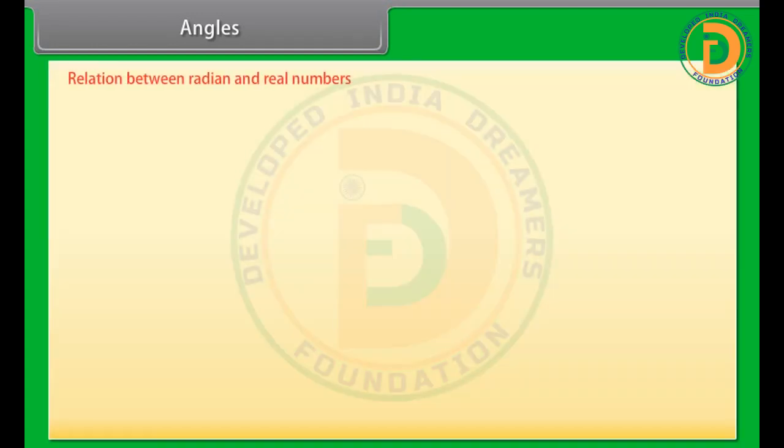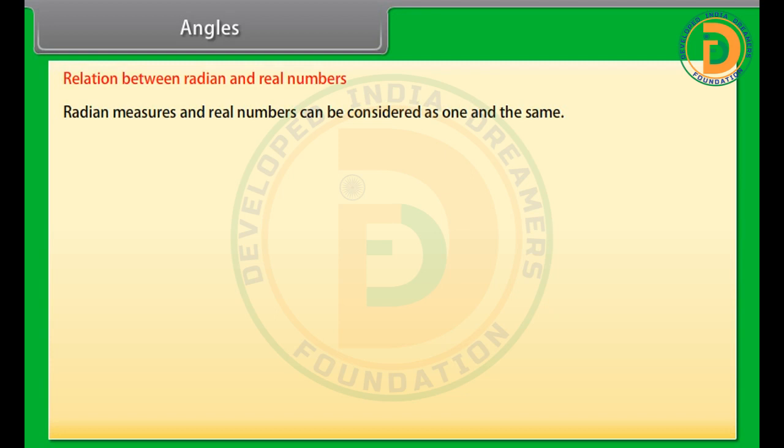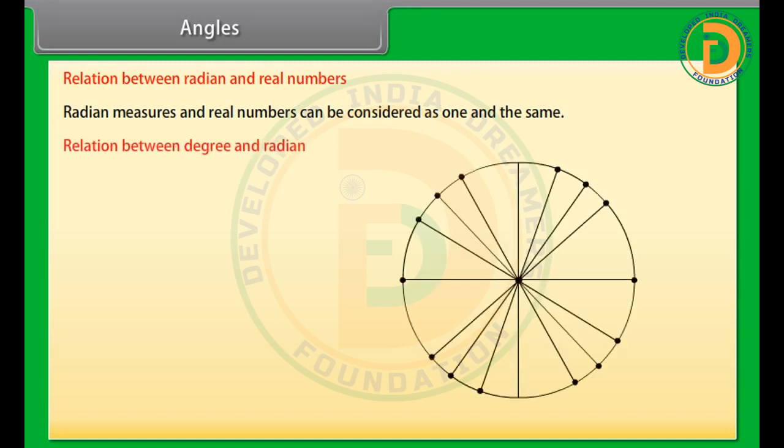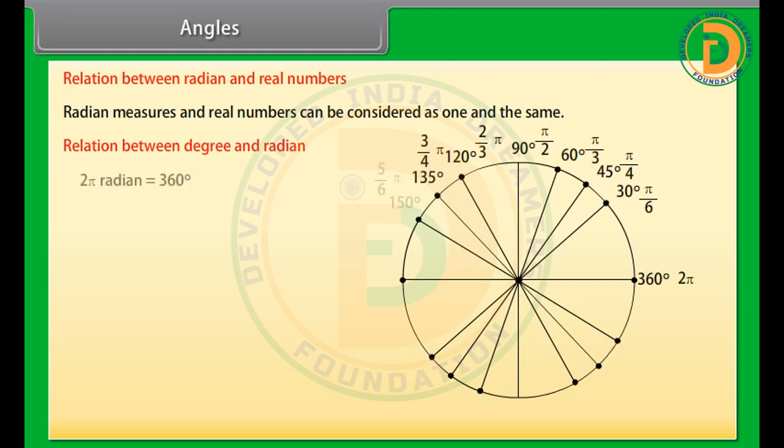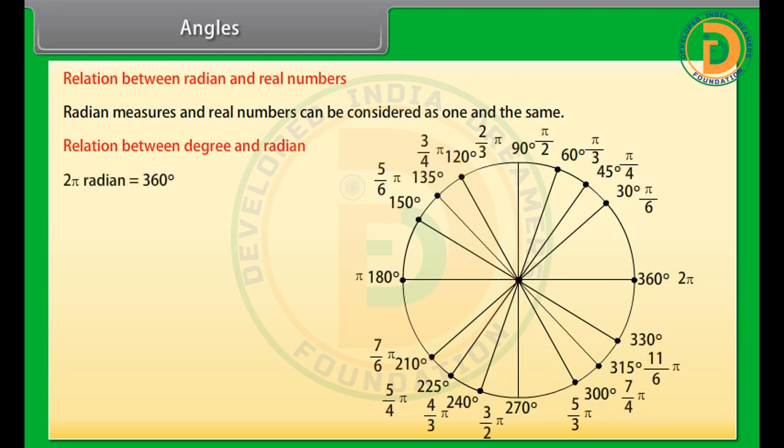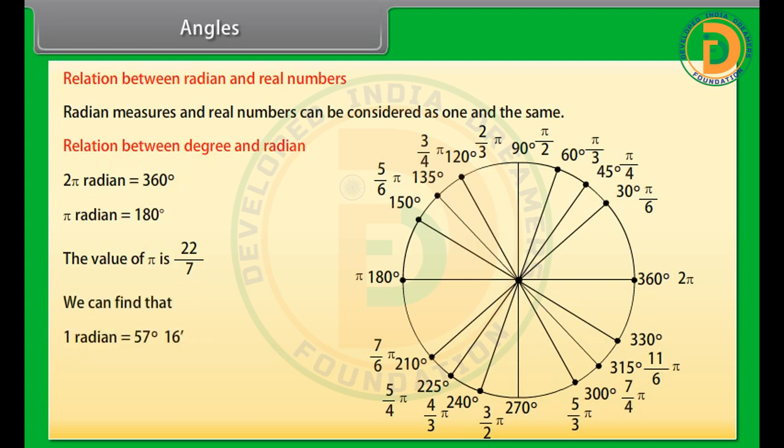Angles. Relation between radian and real numbers. Radian measures and real numbers can be considered as one and the same. Relation between degree and radian. 2 pi radian is equal to 360 degrees. Pi radian is equal to 180 degrees. The value of pi is 22/7. We can find that 1 radian is equal to 57 degrees 16 minutes